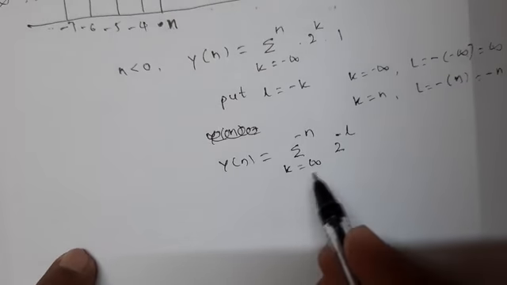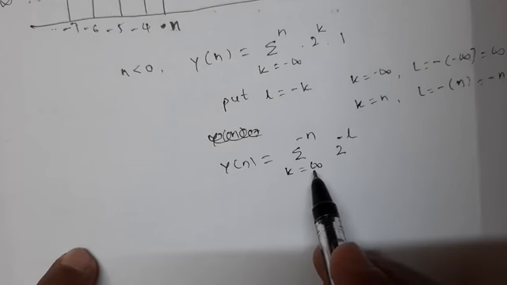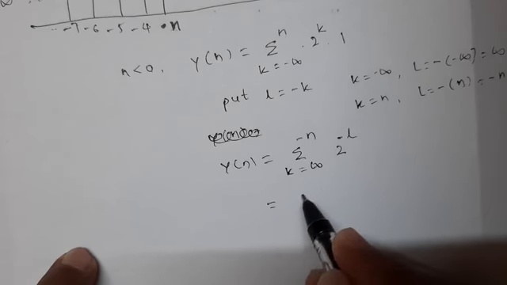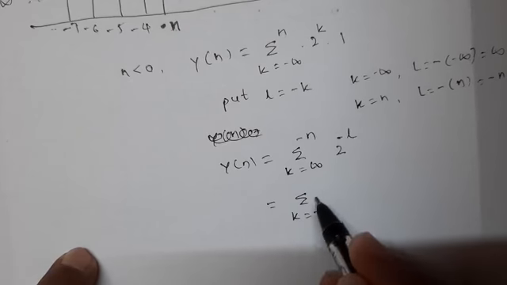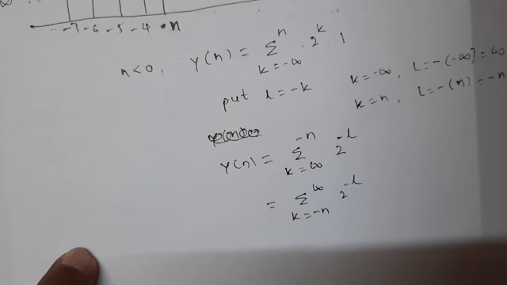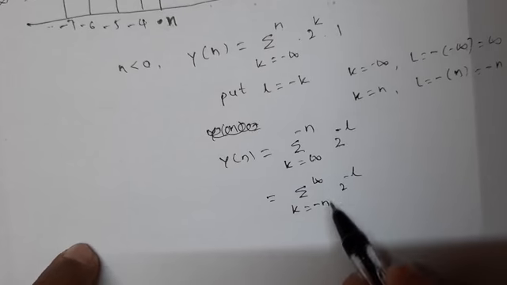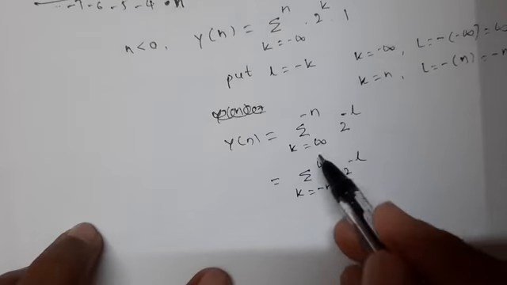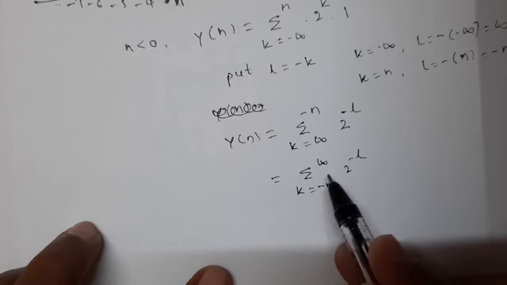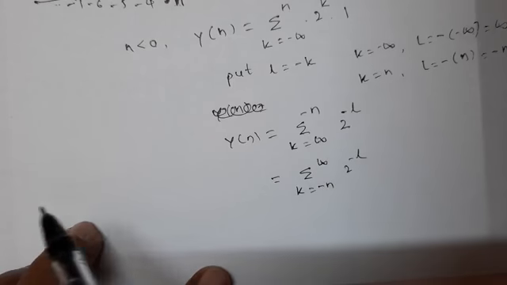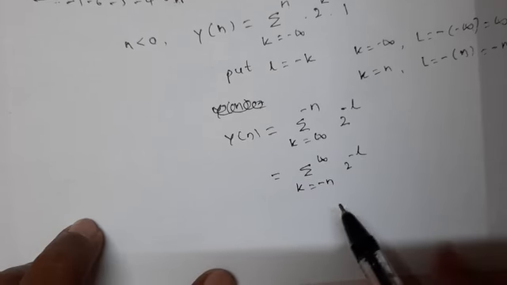Now you have converted the formula to plus infinity, but if you are comfortable, I can write it as minus n to infinity also, 2 to the power minus L. Why? Because for 0 to infinity, you know the formula. So for that I am trying to replace these values. So summation L equal to minus n to infinity, either you write from infinity to minus n or minus n to infinity, both are similar.